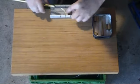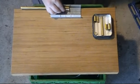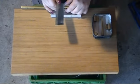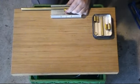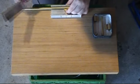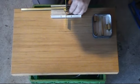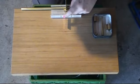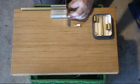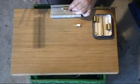So what I'm going to do, put this in here, line them all up. Get my saw. Like I said, if anything, I want it a little bigger. It's the rule when you're not measuring: you make it a little bit bigger and then you file it to fit. So I'm trying my best to do that, lining everything up here. It's probably pretty far off, but now that I've made that mark, I'm going to flip it around to the easier-to-cut way of doing this, because obviously,